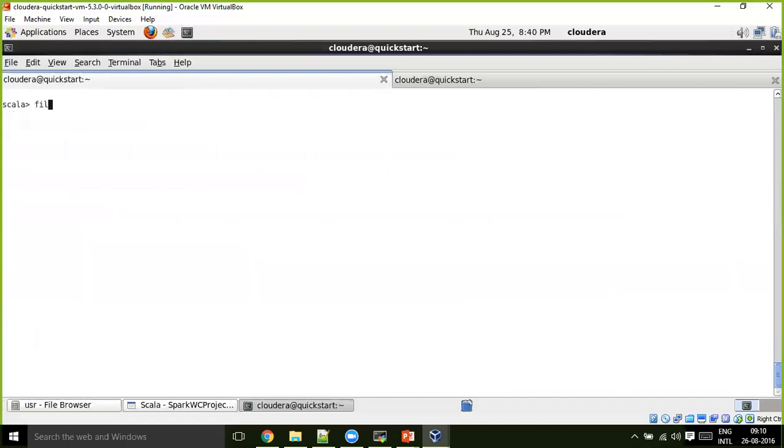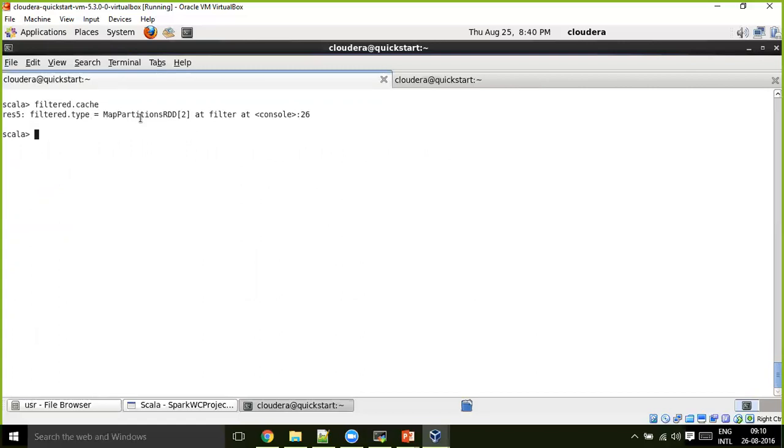For that, the simple thing is filtered.cache. After a first action is performed on this, the results of filtered will get stored in the RAM memory until I unpersist them. We also call this persist or cache.